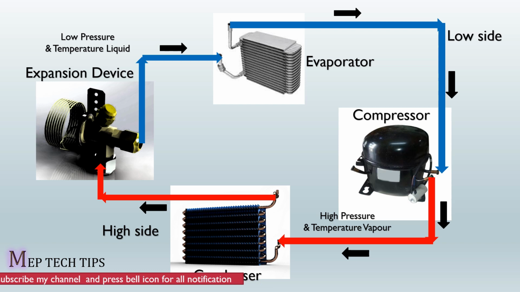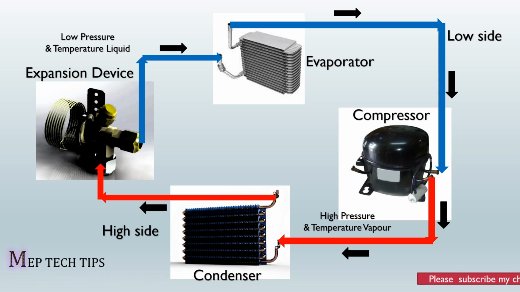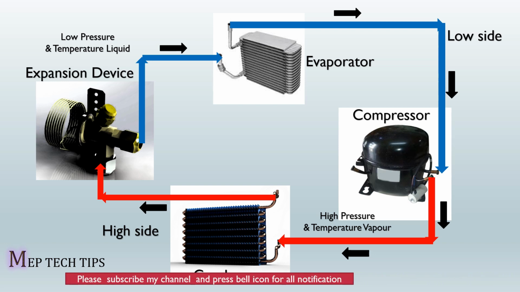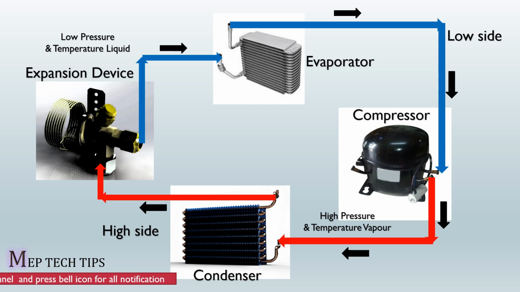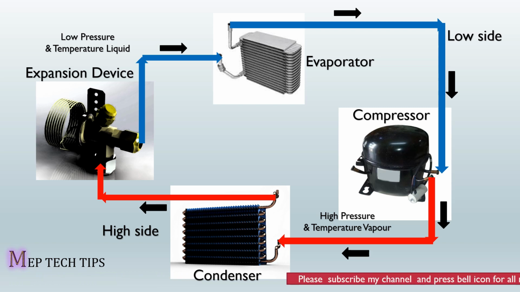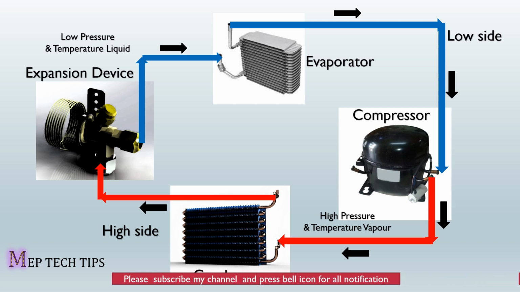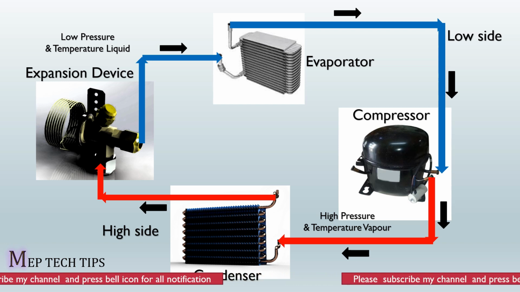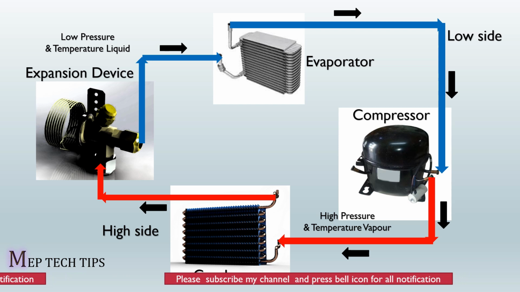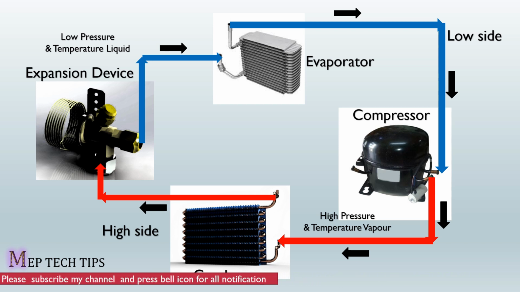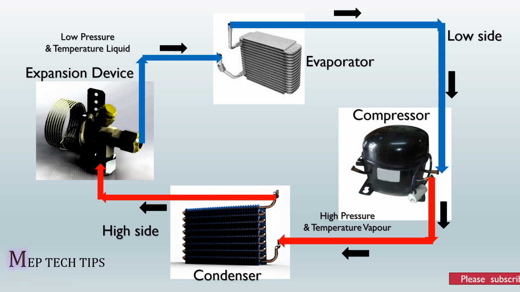If you decrease the pressure below atmospheric pressure, you can decrease the boiling point of a liquid. In some industrial applications, they boil water at minus 5 degrees by reducing the pressure. So the boiling point can be modified by controlling the pressure. Here the pressure is getting dropped, which automatically gives good cooling.